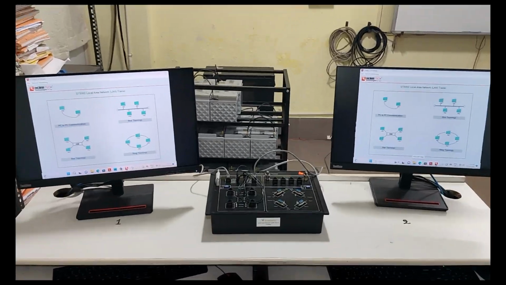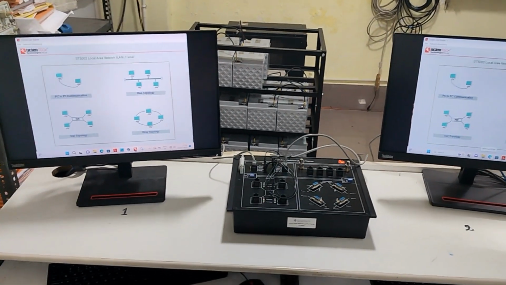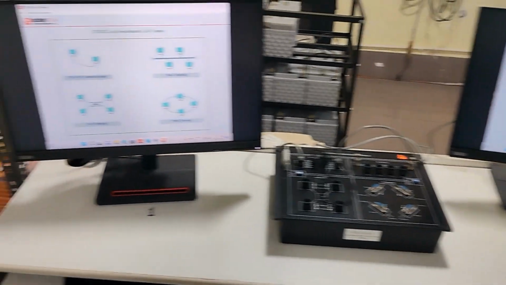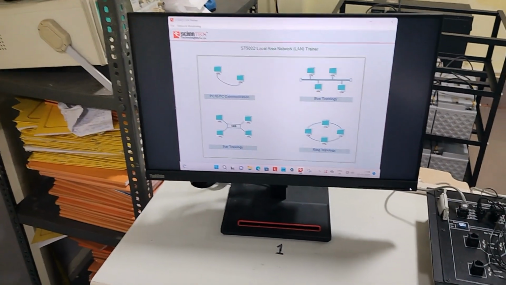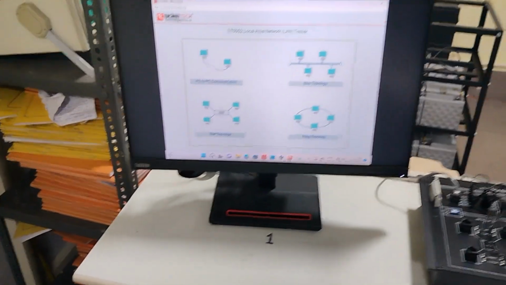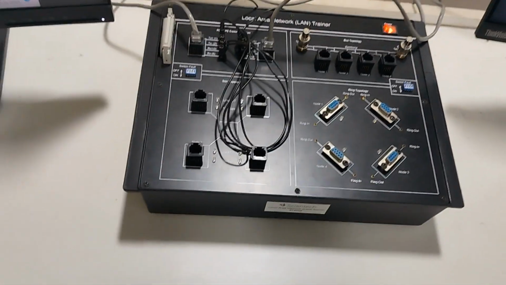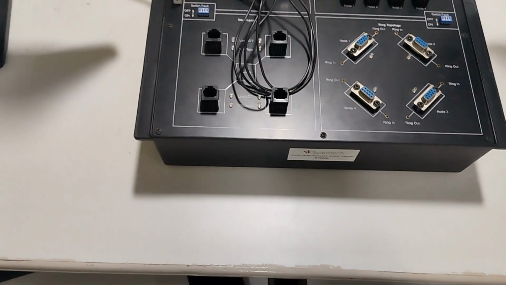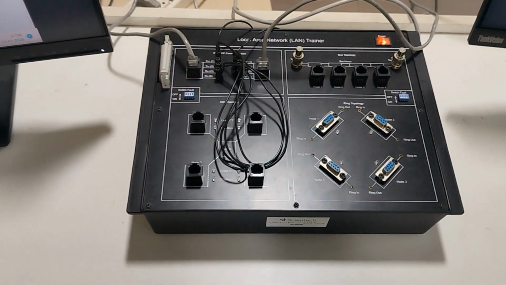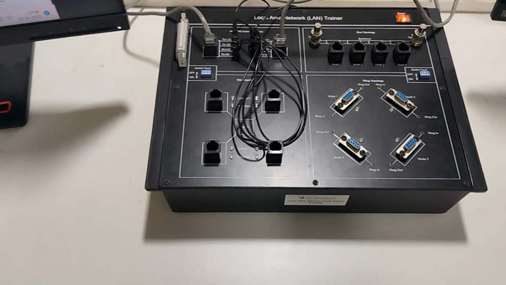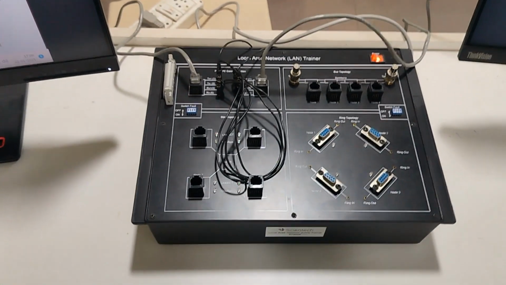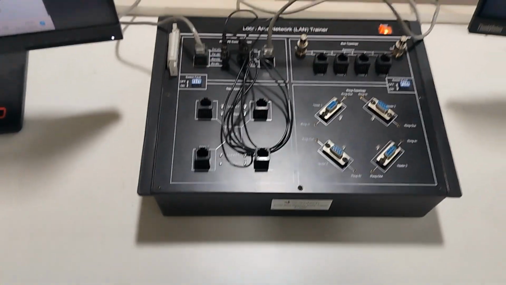This is the setup for local area network trainer. So we have two systems connected to the trainer. One would be working as a transmitter, one would be working as a receiver, and we have different types of topologies supported: star, serial, that is the ring topology, bus topology, and the direct hop connection.